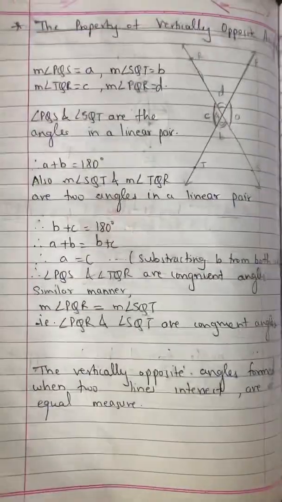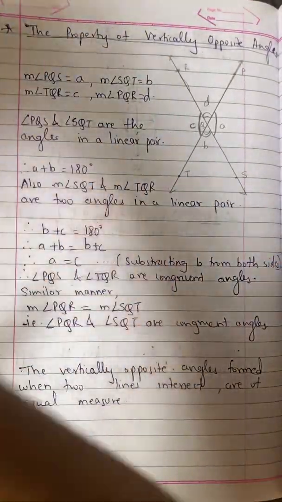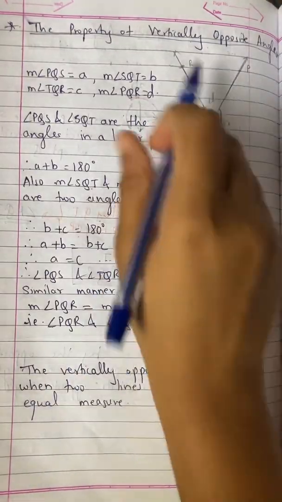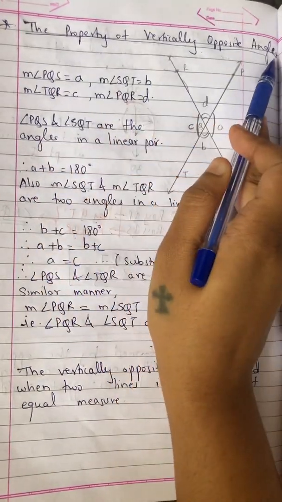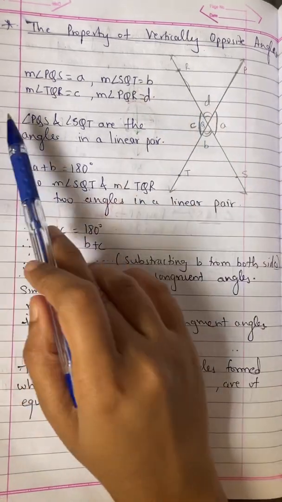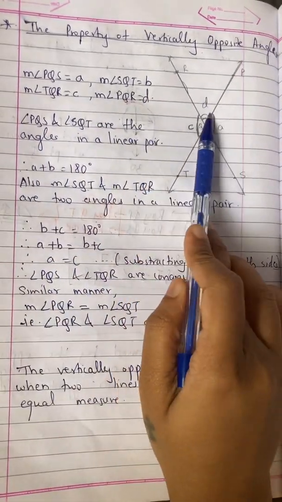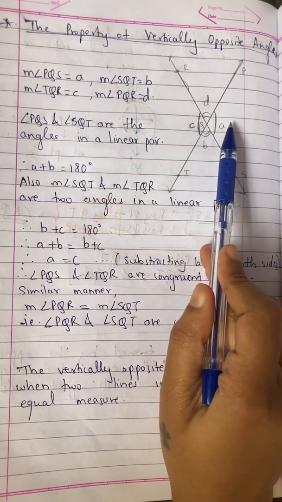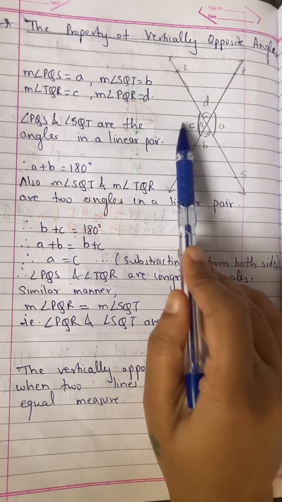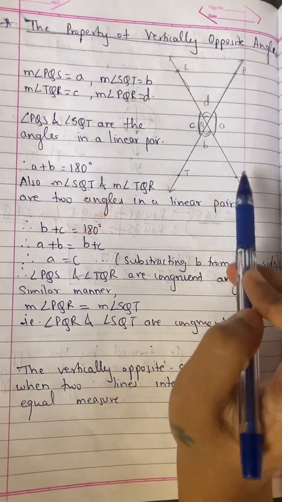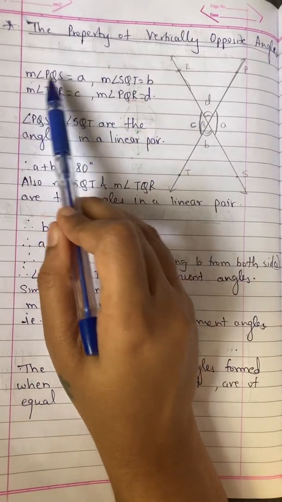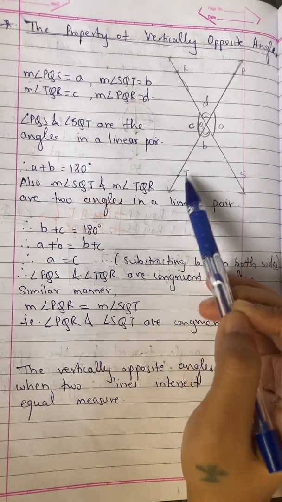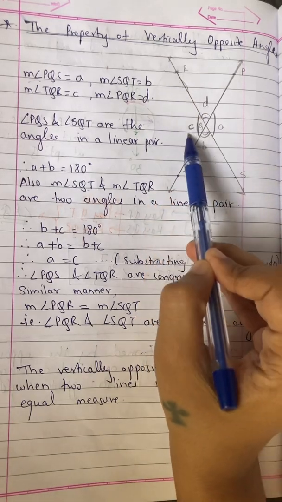Okay, so moving forward, let us see why vertically opposite angles are equal. Let us learn how vertically opposite angles become equal. This is called the property of vertically opposite angles. Okay. So what we are going to do is take the same diagram I drew before, and now we are going to name the angles in the form of small alphabets: a, b, c, d. So angle PQS is named by a. Measure of angle PQS we give the name a. Measure of angle SQT, this angle will be named b. Measure of angle TQR will be named c.